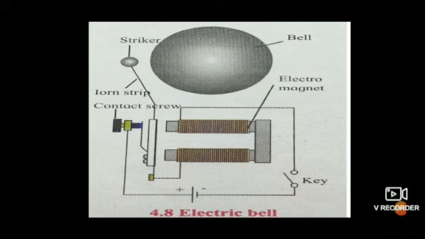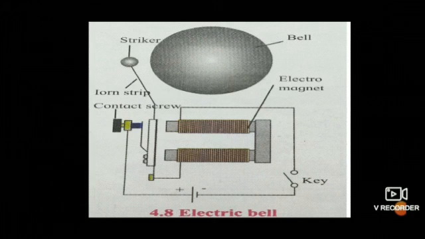All are aware of this electric bell, right? Everyone is using it and everyone knows it. But the actual internal function of the electric bell, how it is made, that we will see. A simple electric bell consists of an electromagnet, an armature, a contact adjusting screw, a gong and a hammer. The armature consists of a soft iron rod that presses against the top of the contact adjusting screw.